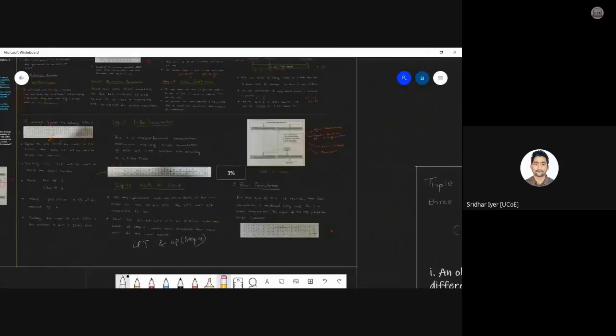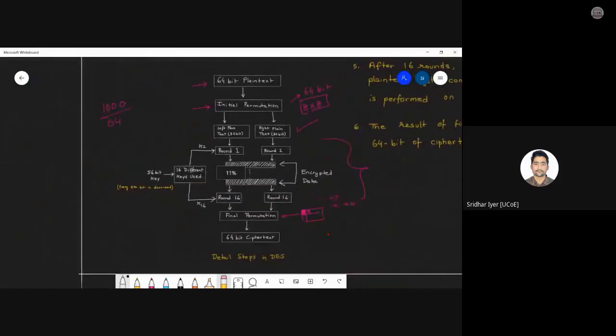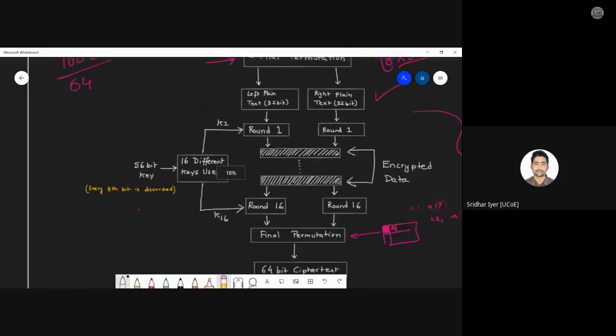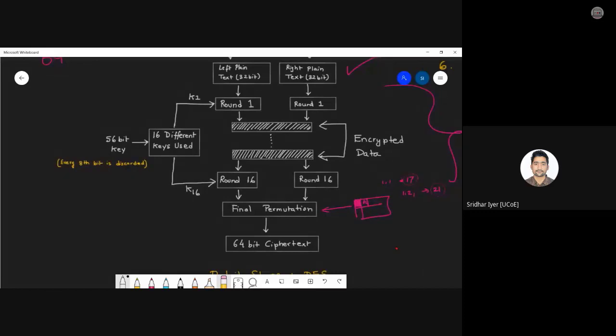What we did from that 56-bit key, every 8th bit is discarded for parity purpose, and the 56-bit key is transformed in each of the internal rounds using the method known as key transformation. And once we get the sub key for each of the rounds, we use it to encrypt the data further for that round. So after the 16th round, we have to permute whatever ciphertext we get in that particular round and generate the final 64-bit ciphertext. Again, this permutation step is added to increase the difficulty of cracking the ciphertext.